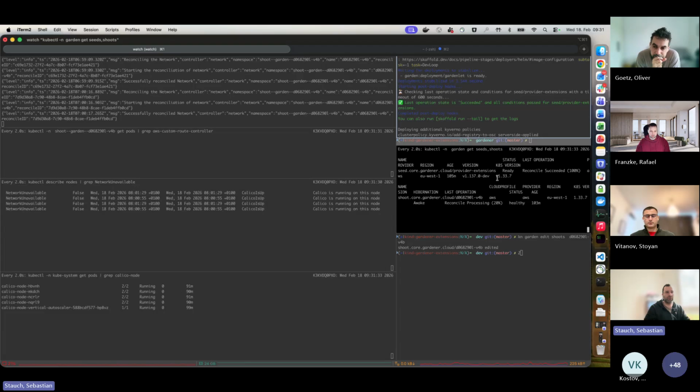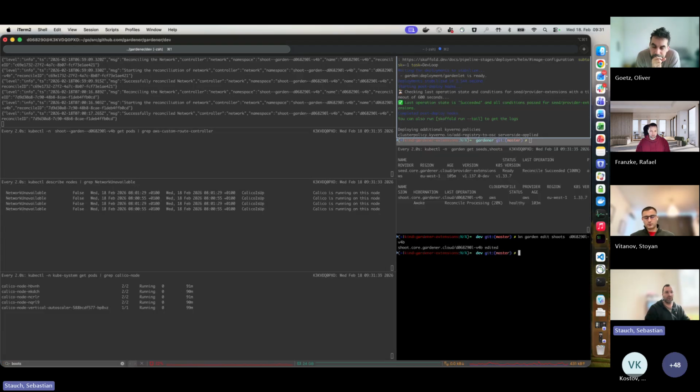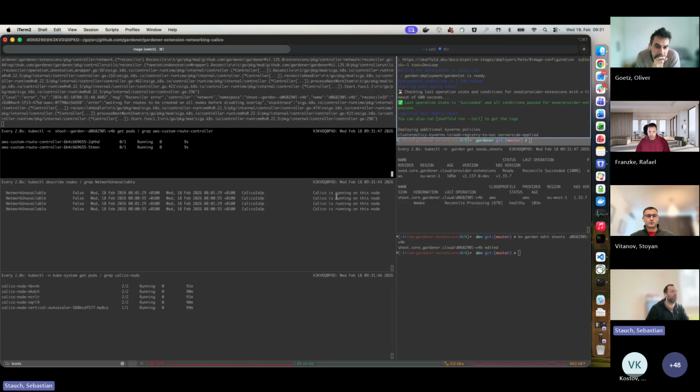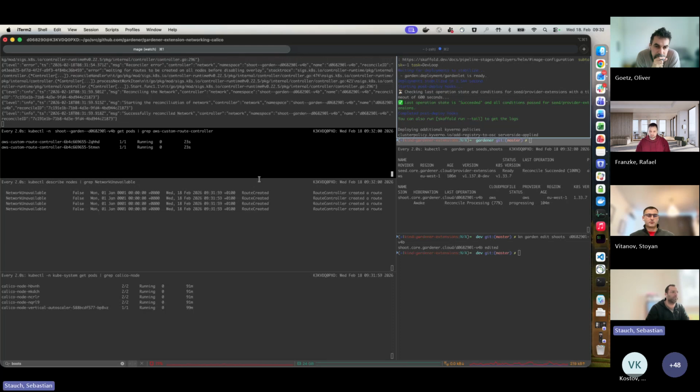Okay, now the extension should get reconciled. And it's happening really fast. So we see that the custom route controller gets created. Then we can see here that, when the routes are created, Calico now waits until the routes are created, in the logs of the extension. Now the route controller has created the routes and it successfully reconciles the network, and the Calico node pods are